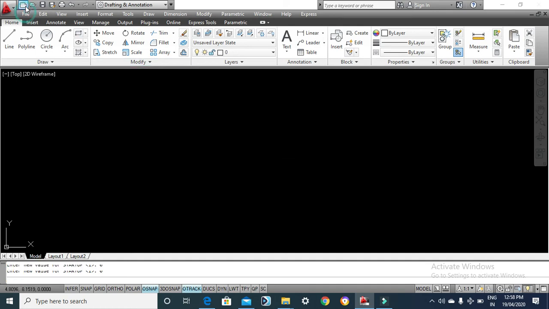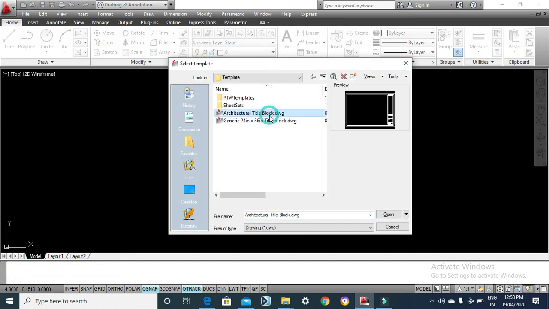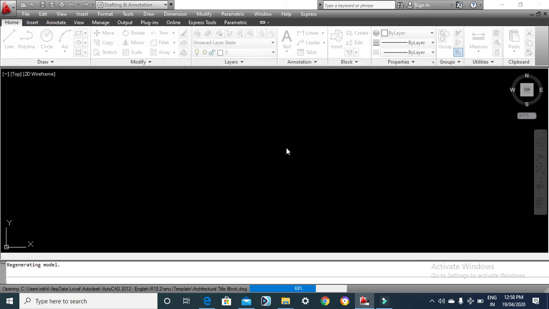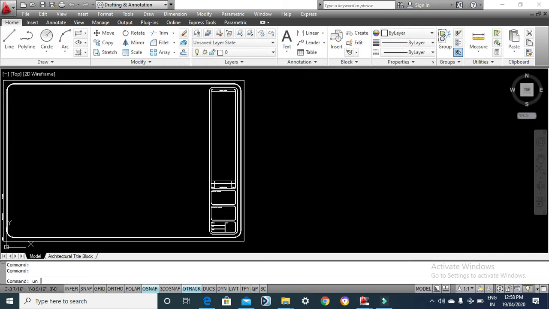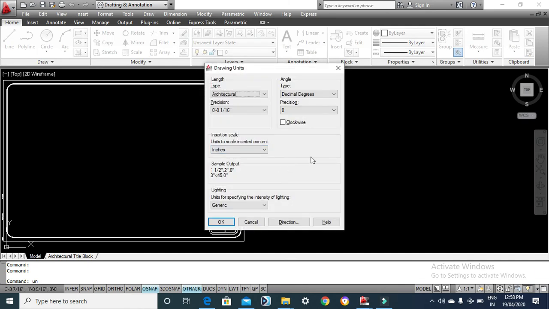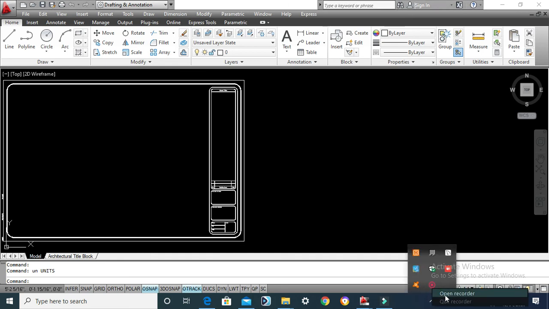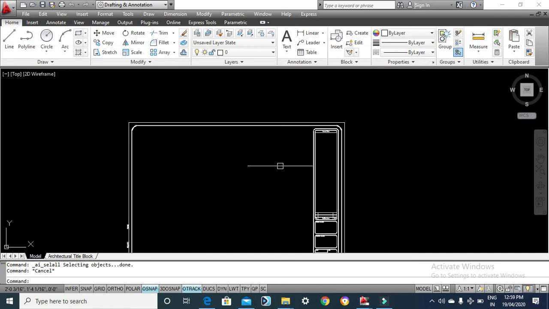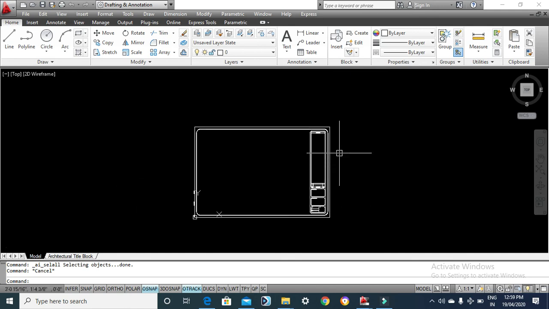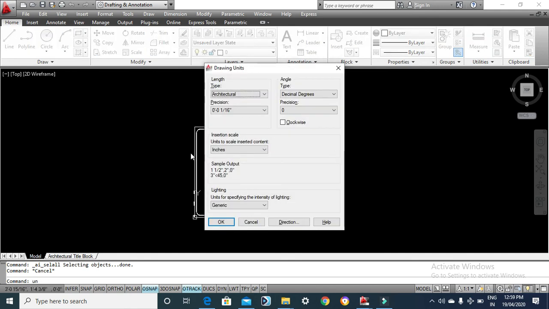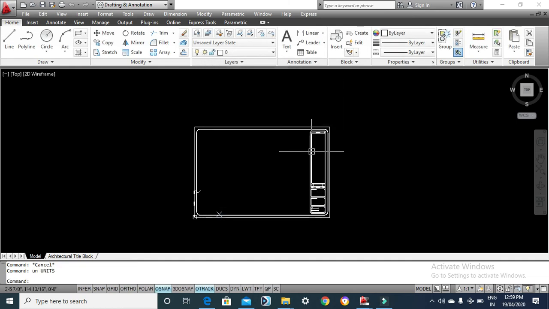And if you start a drawing with this, again it will return to the original state. Now if you type UN it would again show you the previous one.